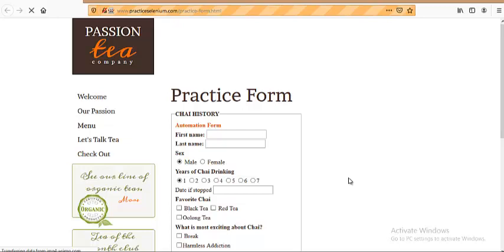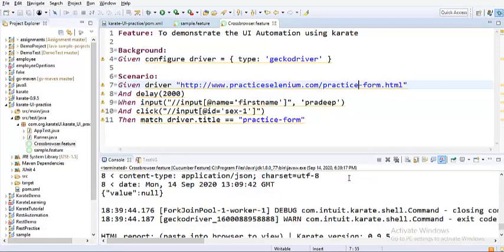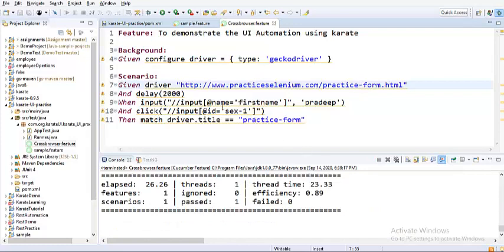So I think the browser is still loading, so that is the reason no action is happening yet. So it could be due to my internet connection. So you see both the radio button checked and both has happened. And also I have added a delay function by 2 seconds. That is also one of the reasons why it is taking some time to enter this thing. And also you should understand that Karate has a default ability to close the browser, so you need not manage the closing of the browser activity. So that will happen in Karate by default. So that is how the design is currently.